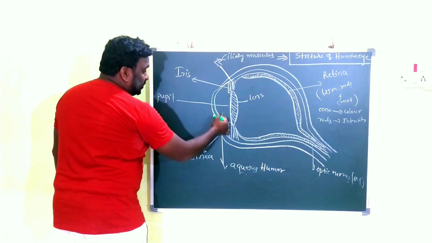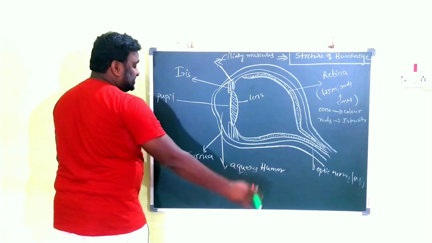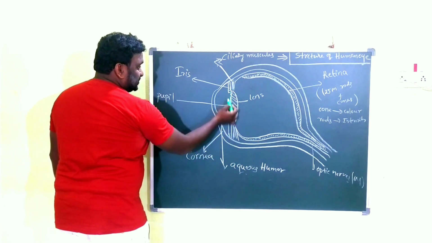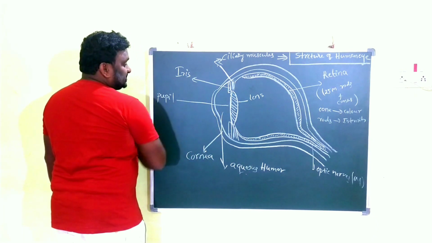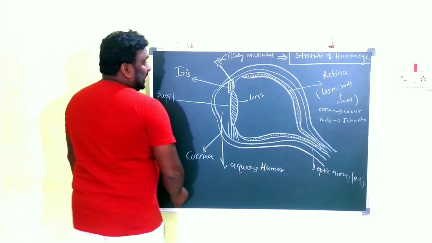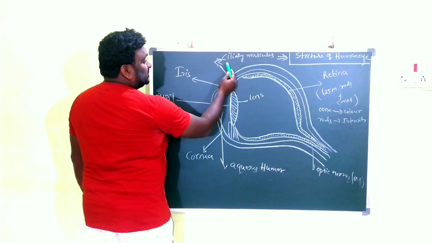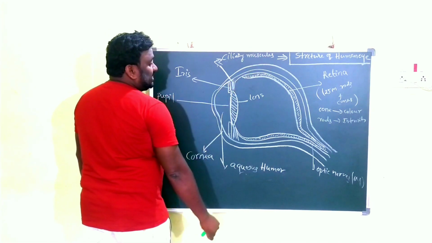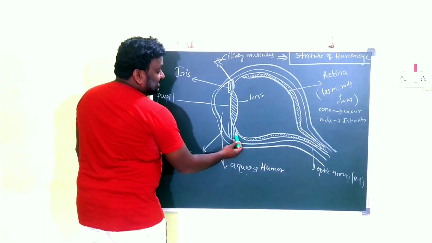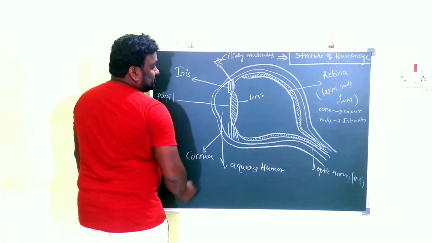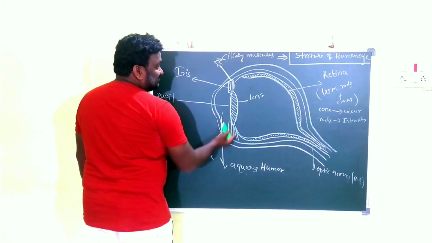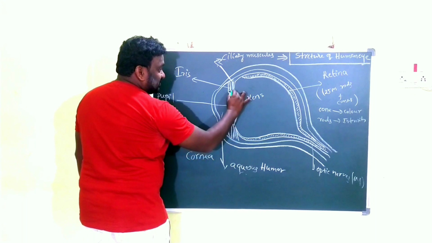The outer portion is nothing but the cornea. This is the cornea, and up to here this is the iris. We are showing that this is the iris. In the middle of the iris we have the pupil. Now here some muscles are there, those are called ciliary muscles, and here are also the ciliary muscles. There is only one iris. And here this is the eye lens, which I am drawing here.